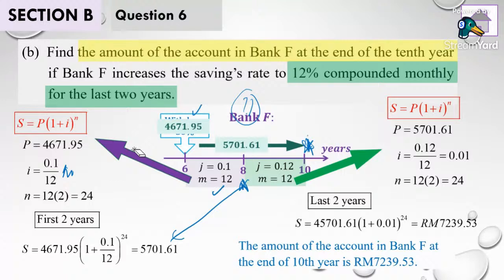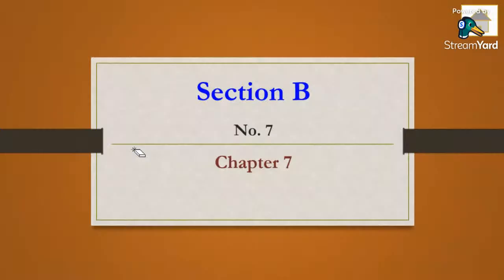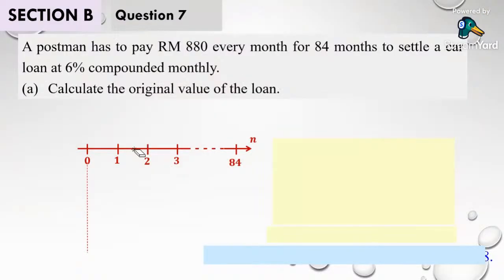Okay, then next, I would like to go to question number 7 in section B. This question is very tricky. I see that most of you can answer mostly question A, B, C only. When the time comes to D, for the early settlement, you all seem not able to understand the question very well and make mistakes. Anyway, initially I also made the same mistake for question D later. So let us see what is going on in the question.